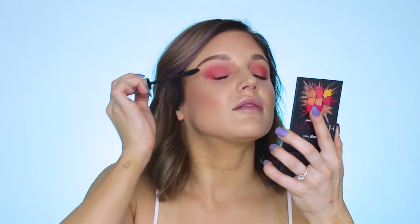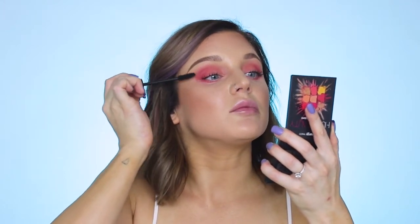I just love how this makes my lashes look. It's so quick, and that zigzagging motion that I'm doing is separating my lashes so that they don't clump. It's allowing the brush to grab onto every lash. Alright, and then finishing it off, I don't like to put mascara on my lower lashes for this look. Sometimes I do if I want a little bit more drama, but for my everyday summer makeup routine,